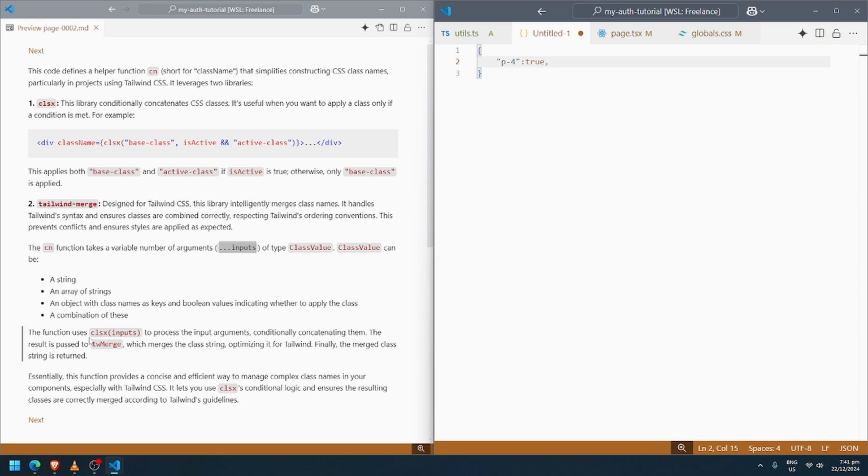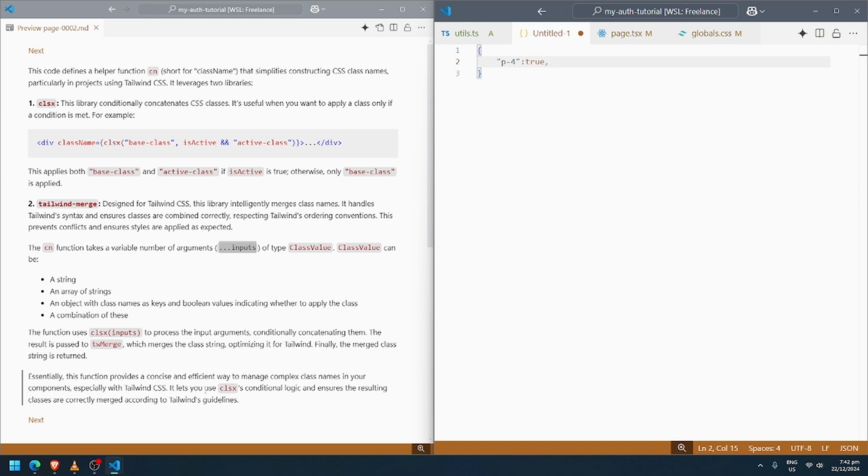This function uses clsx to process the input arguments, conditionally concatenating them. The result is passed to twMerge, which merges the class string, optimizing it for Tailwind. Finally, the merged class is returned. Essentially, this function provides a concise and efficient way to manage complex class names in your components, especially with Tailwind CSS.